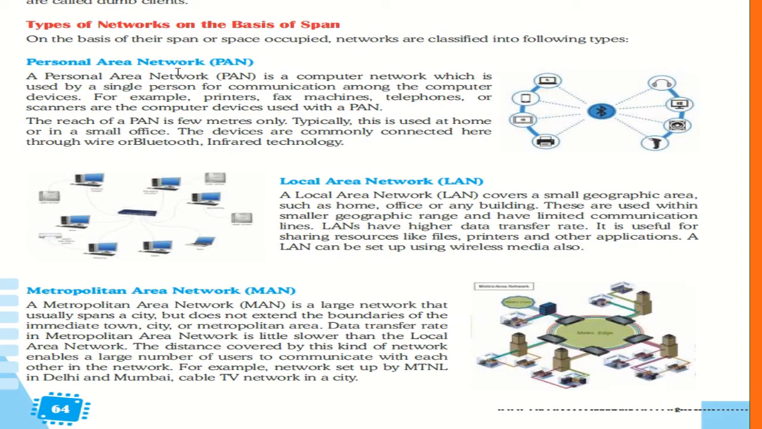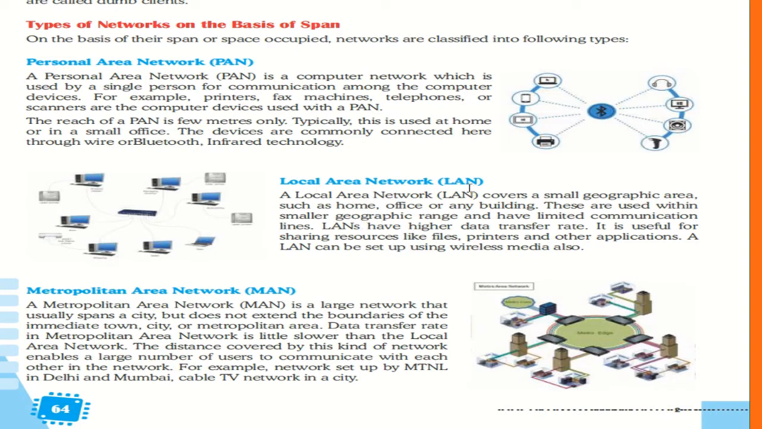Like personal area network, PAN. It is a computer network which is used for communication by a single person, like a single person using that particular computer or devices. It is known as a personal area network. Next is local area network. In a small geographical area such as a home or office, 2 to 3 computers or 10 computers being connected with a single computer can be categorized as